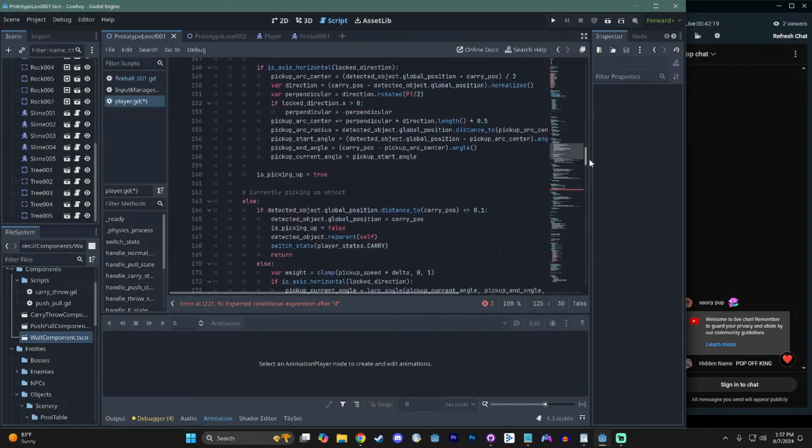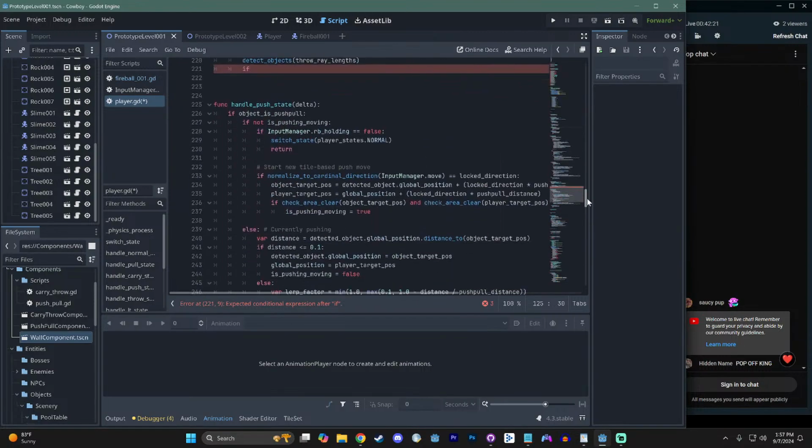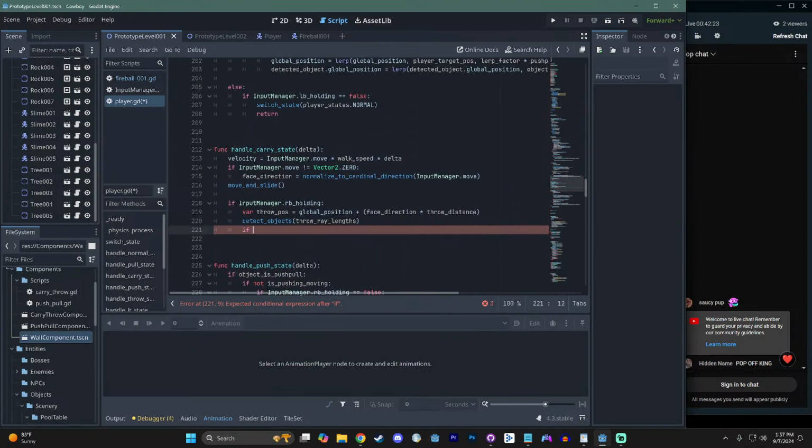With the carry function, with the carry state, if we're pressing down, we do want to check if there's something there. So we're doing the opposite. We're doing a negative check. We only want to do things if we don't get this. Detect objects is going to set this. All we need to check for is